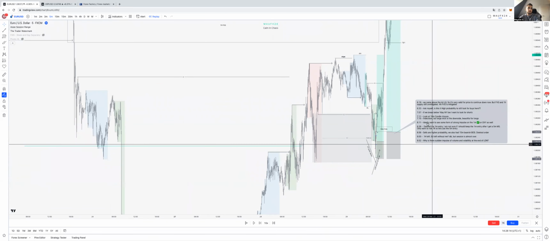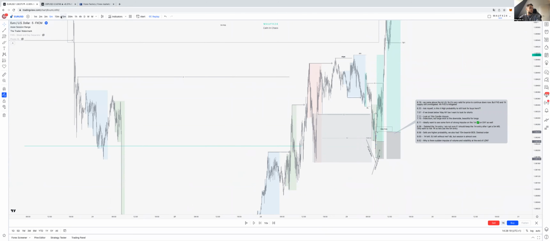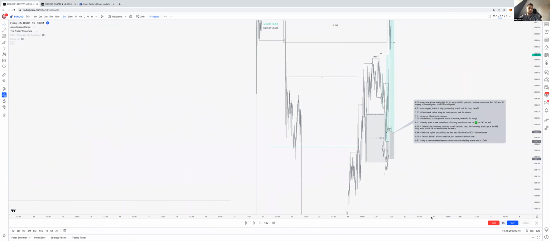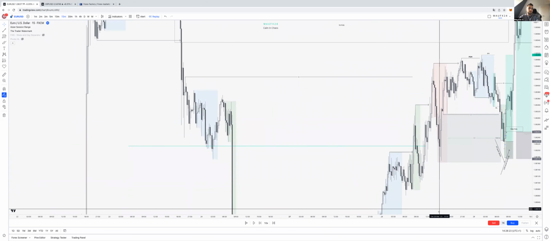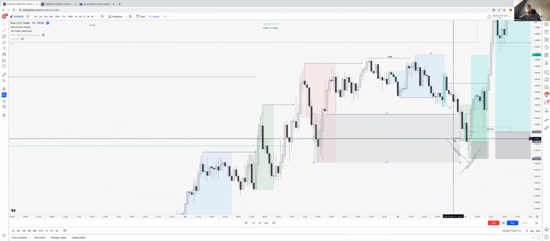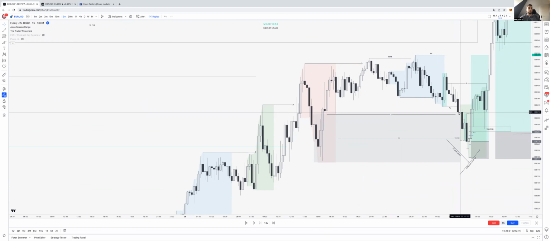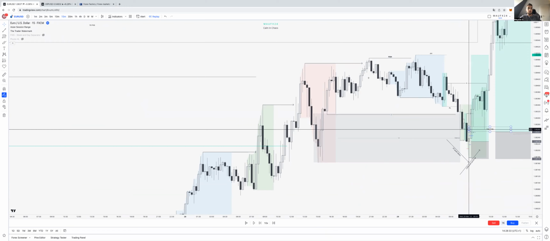Ask myself, is this the highest probability? So we took that liquidity. And then we get to the 50 minute and I saw that close and I was like, oh, that's good. So that's this candle over here. After we took that liquidity and we tapped into the 50% even of the demand, we closed like this above the liquidity. So I was like, all right, longs are good.